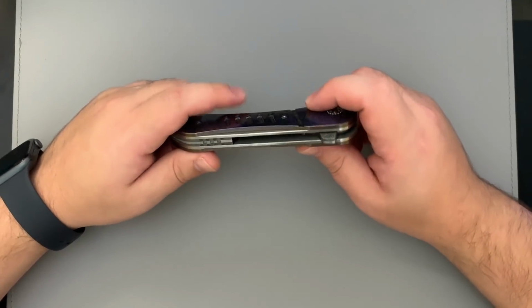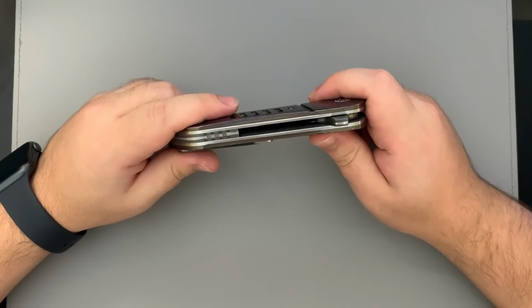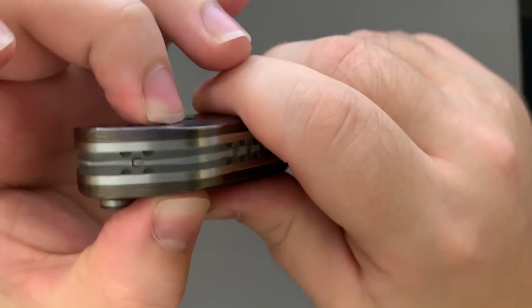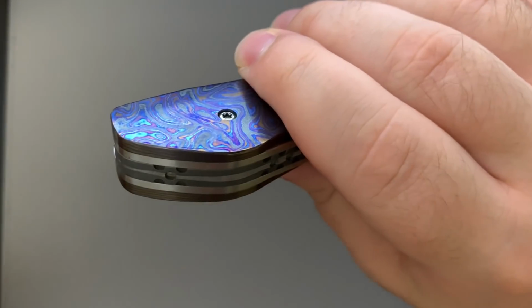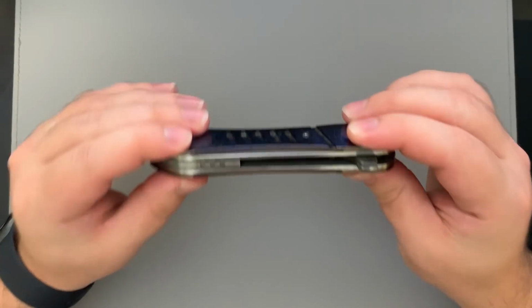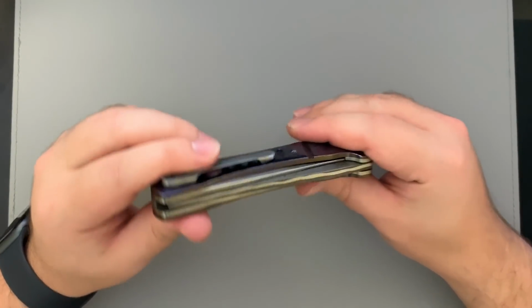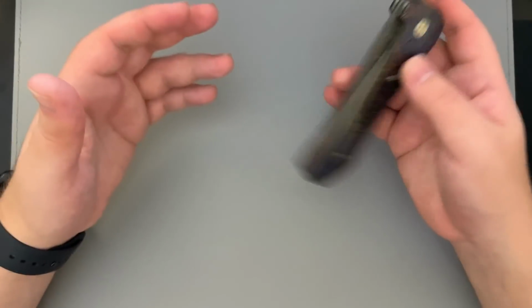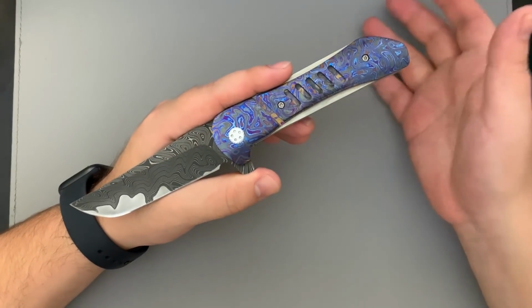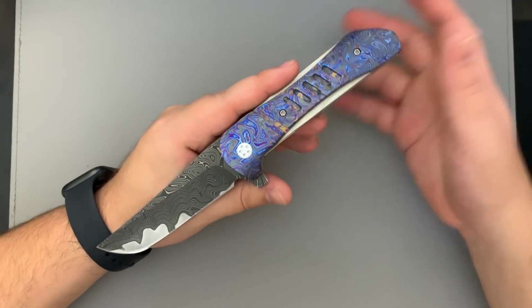And the thing about this knife is that everything about it has a sturdiness and a permanence to it, and just, I don't know, a certain level of perfection, even just with the meeting of the materials. So each scale where it meets this titanium frame and where it meets the backspacer, for some reason that little metal sandwich just feels tighter and more flawless on this knife than any other knife I've handled before. And again, it's difficult to describe why I feel that way, but I can't stress enough that I get the sense that you could actually put this knife in your pocket, maybe if not every day, you could use it all the time pretty much, and you could give this to a kid